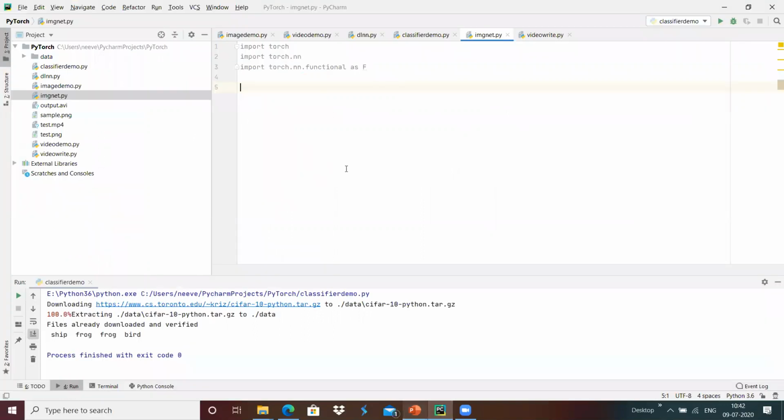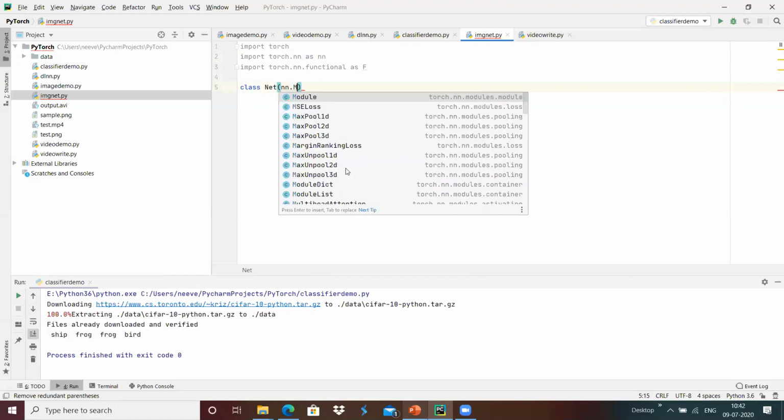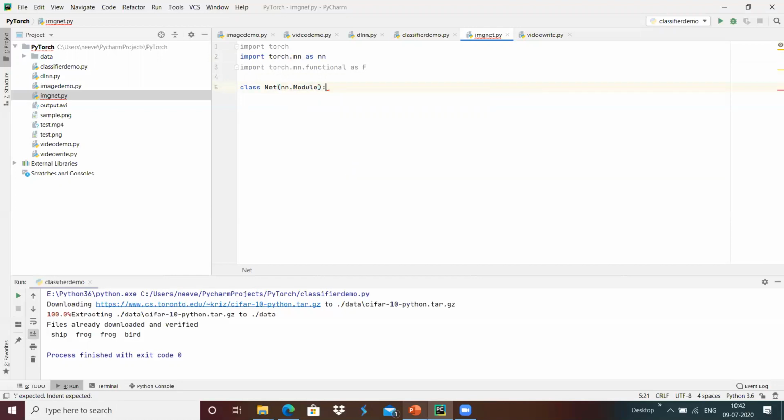For that, I'm going to define class Net, inheriting from nn.Module, which is a base class.